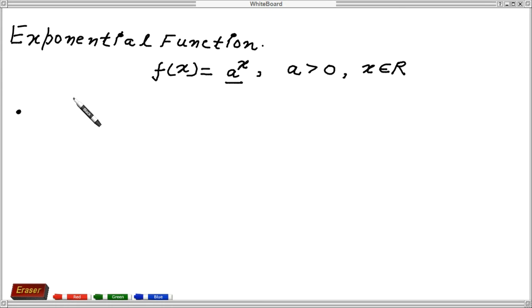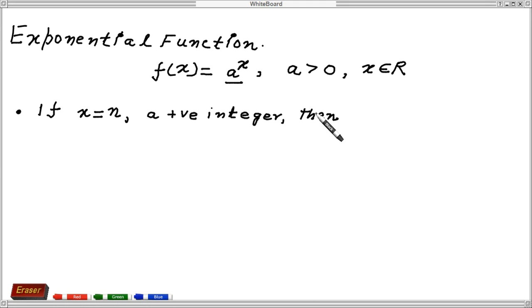Point number 1, if x equal to n, where n is a positive integer, then you will write this a power n equal to a power n,